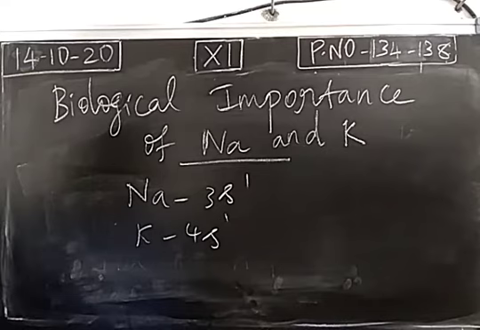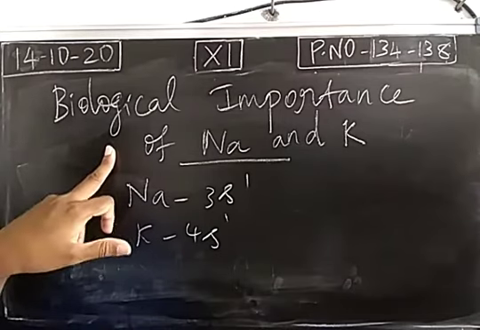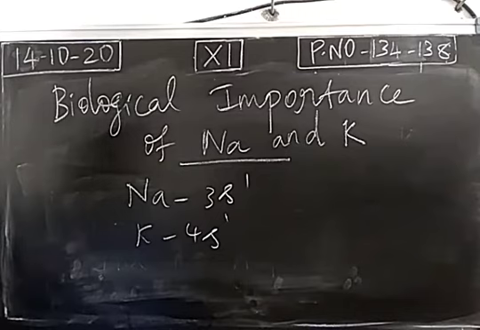First point, penetrating ability in cell membranes. How sodium as well as potassium penetrate into the cells. It means passing into the cell. So penetrating ability in the cell membranes will be different. Then transport mechanisms of sodium ion and potassium ion will be different. Then efficiency of activating the enzymes will be different for sodium as well as potassium. So even though they are chemically similar, biological actions will be different. So these are all the points which indicate the biological importance of sodium as well as potassium.